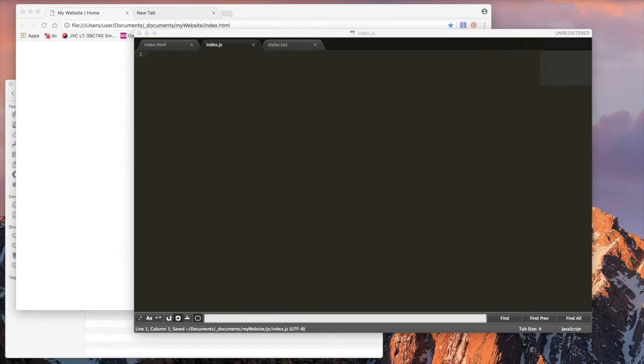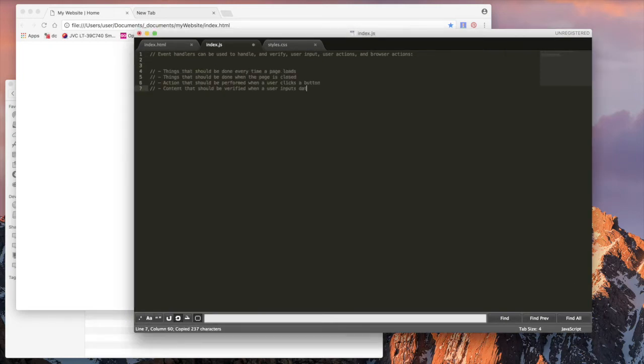So in the last section of events, we have the events recap. Event handlers can be used to handle and verify user input, user actions, and browser actions. Here are a few things: things that should be done every time the page loads, things that should be done when the page is closed, actions that should be performed when a user clicks a button, and content that should be verified when the user inputs data. So many different methods can be used to let JavaScript work with events, and these are: